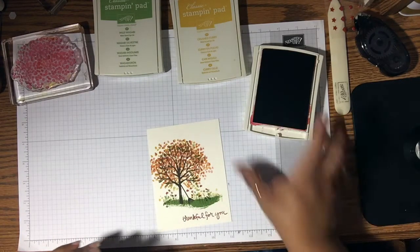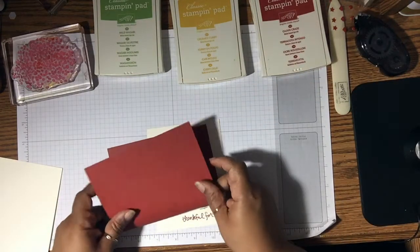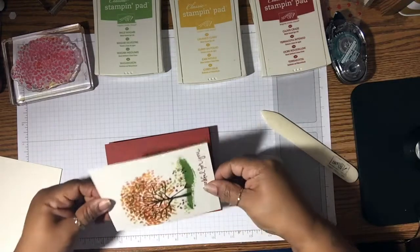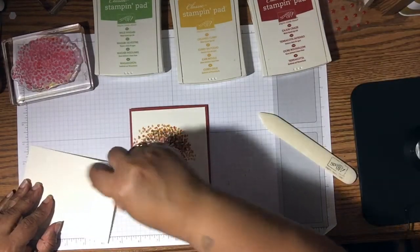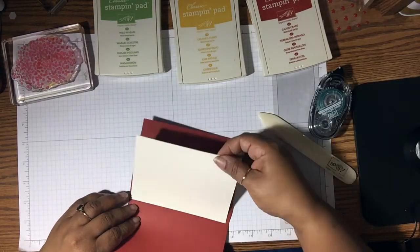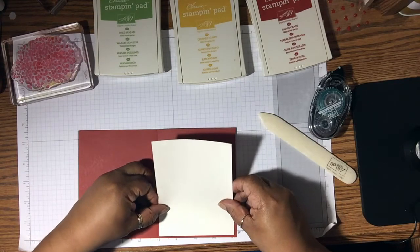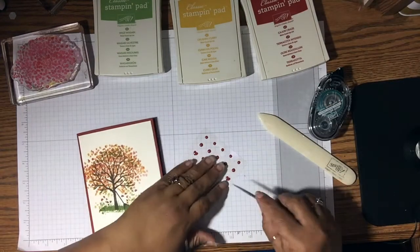So we can actually start to put this card together now. Let me bring in my card base. Fold that over. And we will lay this down. And we will lay one on the inside. I'm going to leave that blank because I'm going to write in it a little bit later. A little bit too close. Now that is crooked. Let's try it. Third time is a charm. There we go. And then a couple of the enamel shapes, and I'm just going to use,